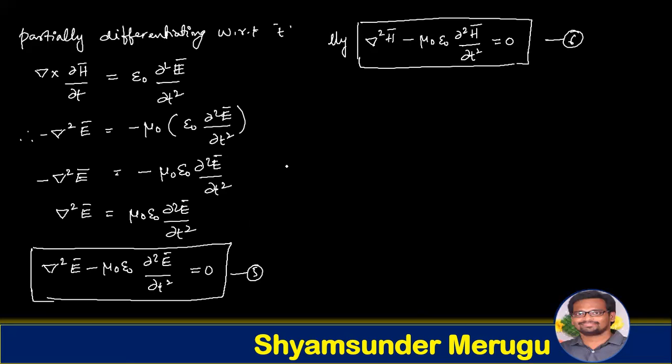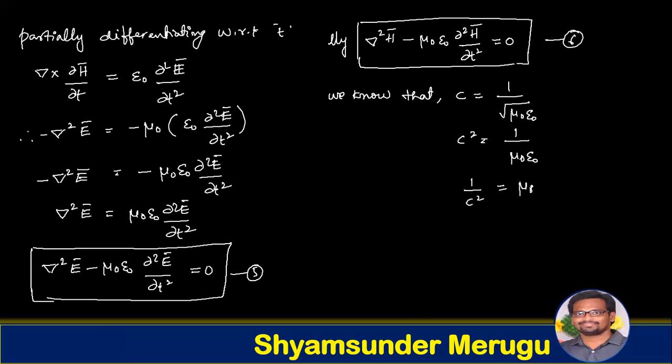Doing certain modifications to these expressions, we know that the electromagnetic wave propagates with the velocity of light, and the velocity of light is given as c equal to 1 over square root of mu naught epsilon naught. Squaring on both sides, we get c square equal to 1 over mu naught epsilon naught, and we can also write this as 1 over c square equal to mu naught epsilon naught. So wherever we have mu naught and epsilon naught, we replace them with 1 over c square, so that equation 5 becomes